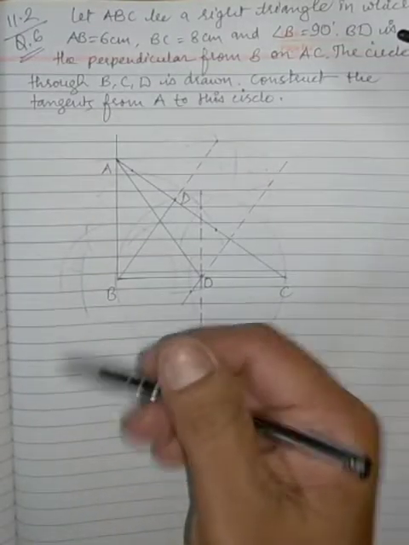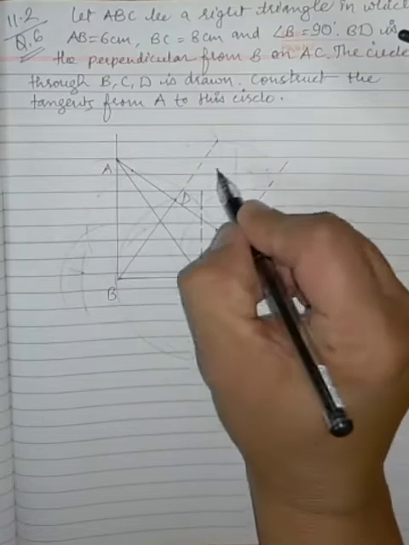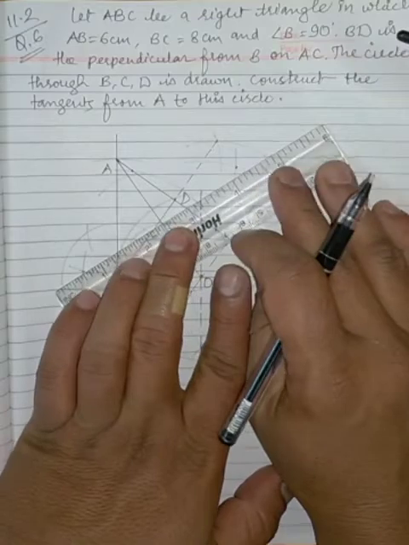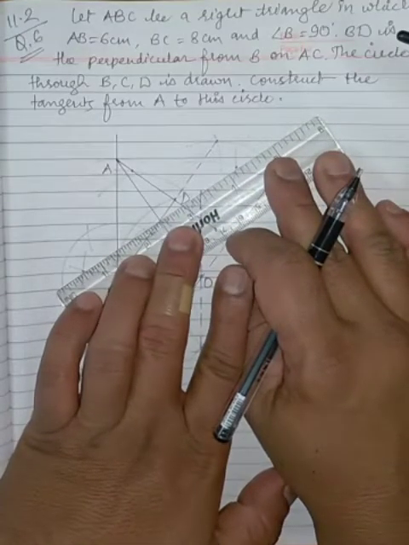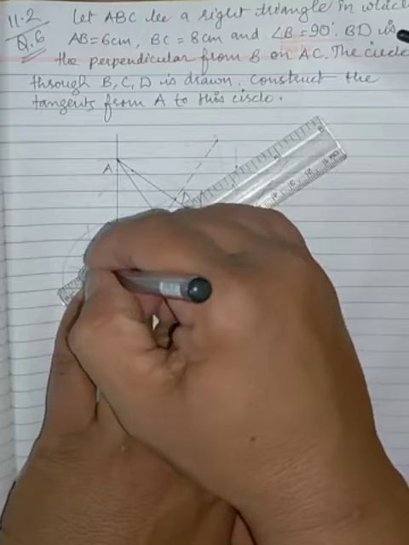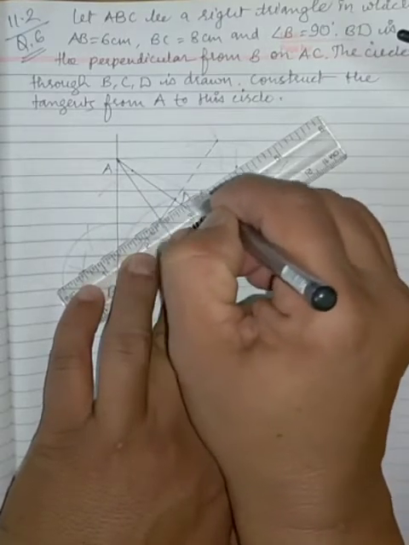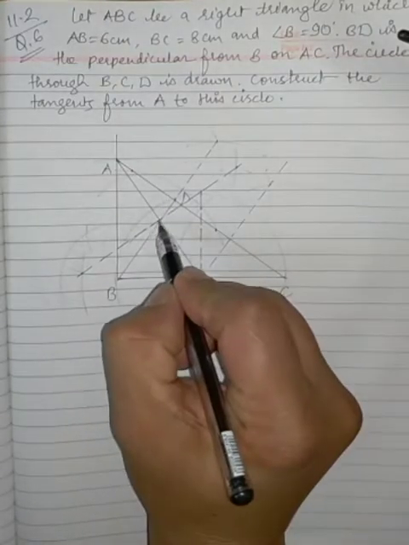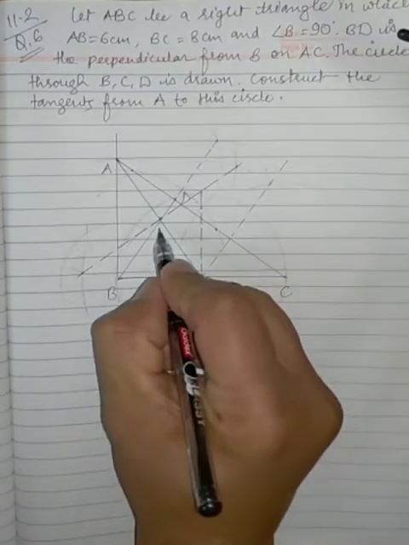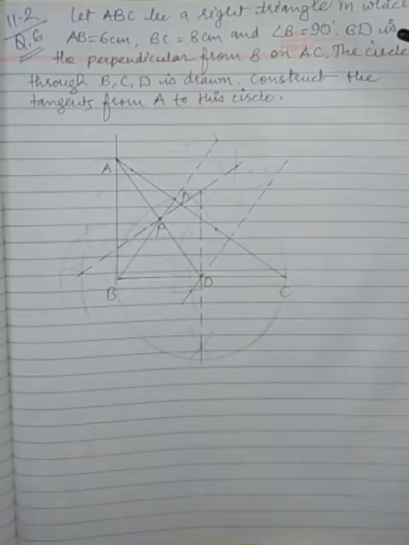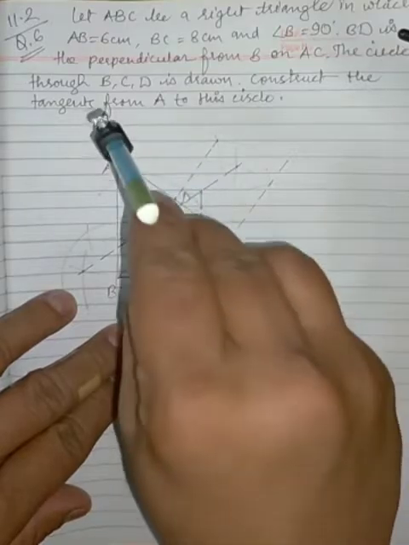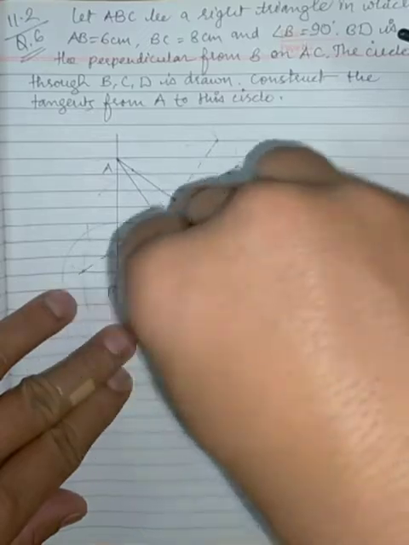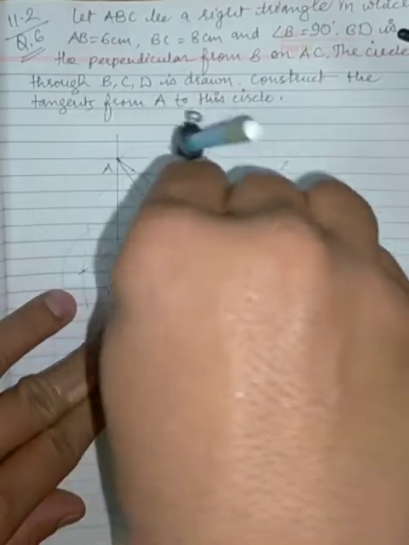Now you can see how many arcs we have. So we have to be very careful while joining these arcs. If by chance one wrong arc is joined, then in that case the complete construction will go wrong. Now we have got the midpoint of AO. Let this point be P. Now using PA is equal to PO as radius